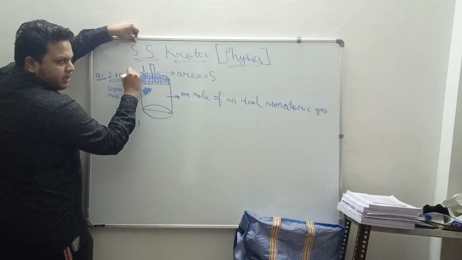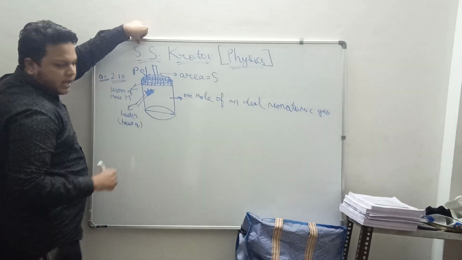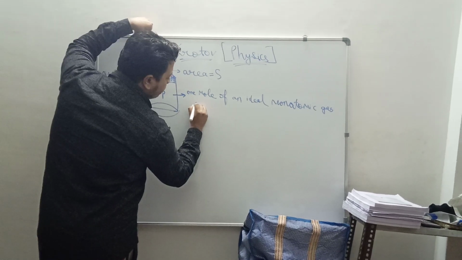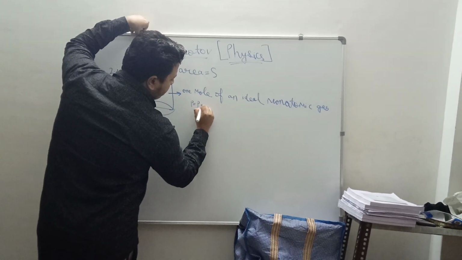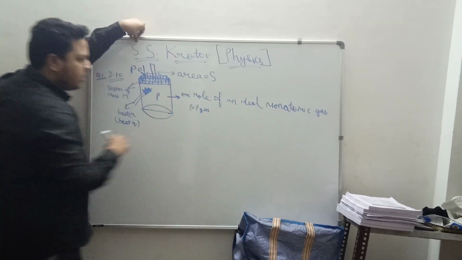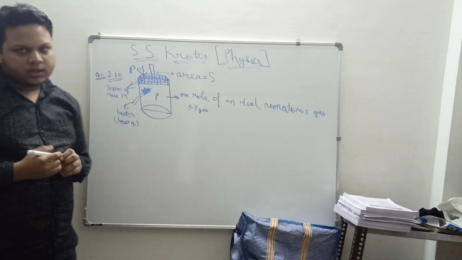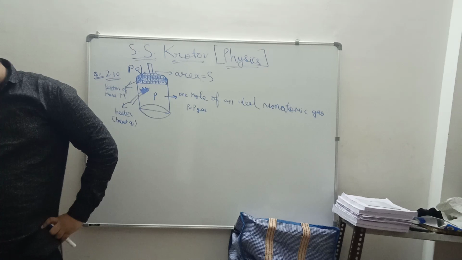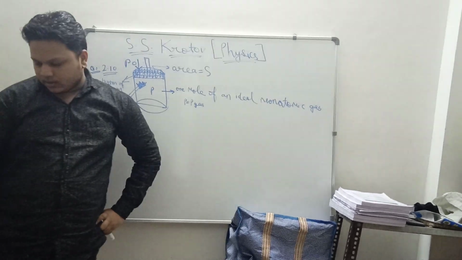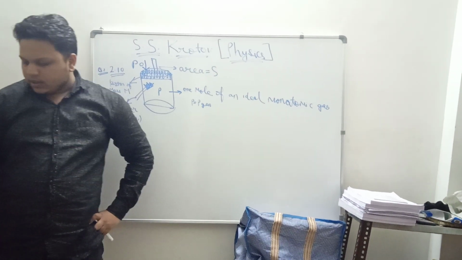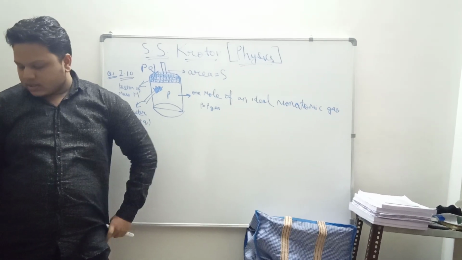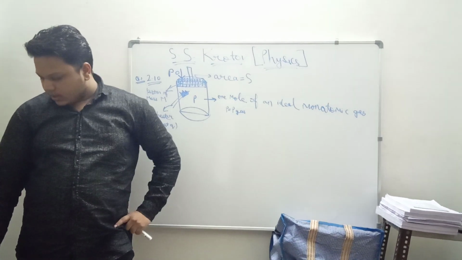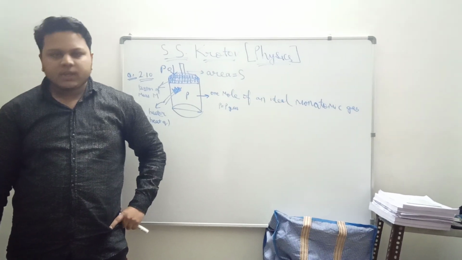We can clearly see that atmospheric gas is applying a pressure P naught, and suppose the pressure of the gas is P. Let me assume P is equal to P gas, the pressure of gas. We have to determine the established velocity V of the piston, under the condition that the gas pressure under the piston is constant and equal to P naught, and the gas under the piston is thermally insulated.